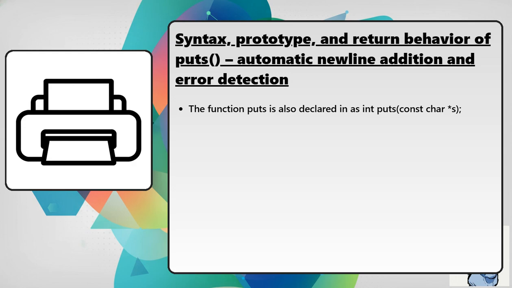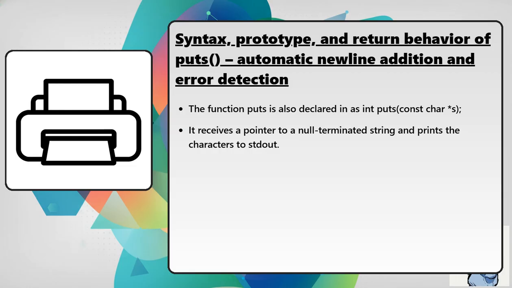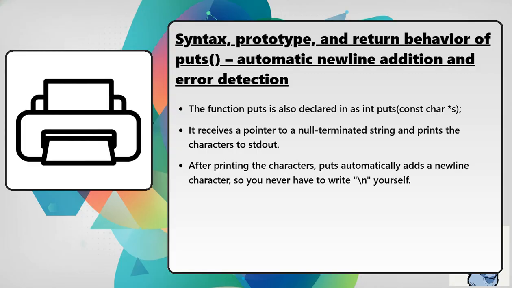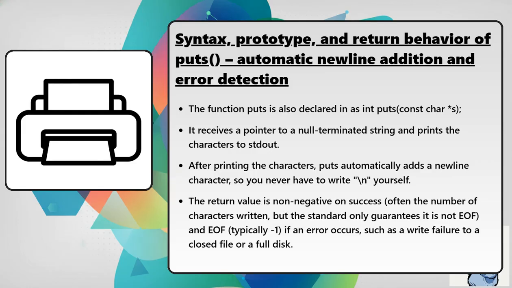The function puts is also declared in stdio.h as int puts(const char *s). It receives a pointer to a null terminated string and prints the characters to standard output. After printing the characters, puts automatically adds a newline character, so you never have to write \n yourself. The return value is non-negative on success, often the number of characters written, but the standard only guarantees it is not EOF, and EOF, typically -1, if an error occurs, such as